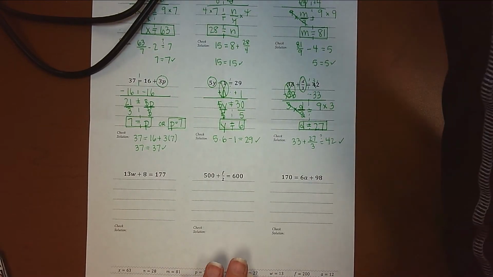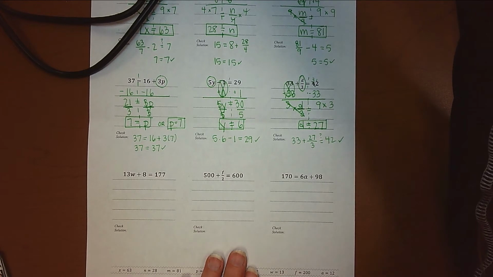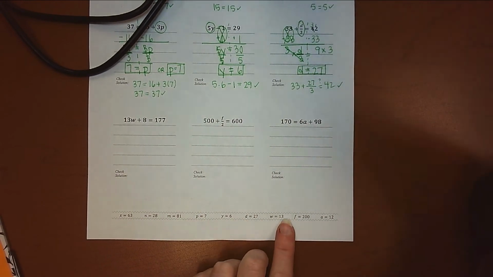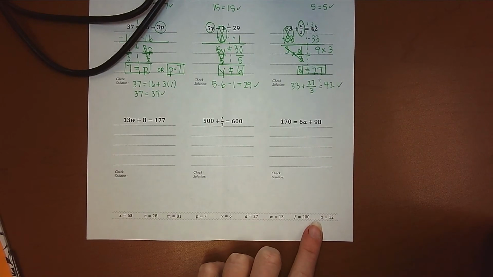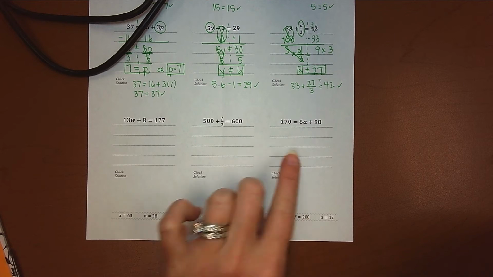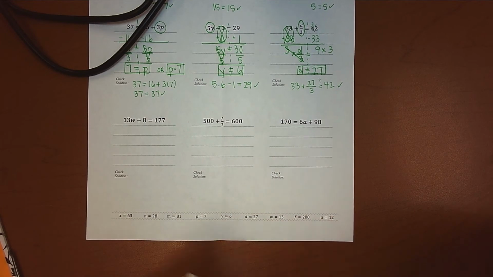So we've done quite a few examples of solving two-step equations together. If you look at the bottom of your page, the answers are always down here on this one for you to check. So if you check and see that you got all three of these correct all by yourself, I think that you don't need to watch this last video. You probably understand it well enough. If you didn't get these three answers, I would recommend that you watch my video to make sure that you get the correct answers written down and that you do have a little bit better understanding of solving two-step equations